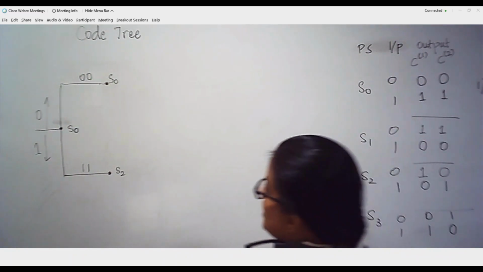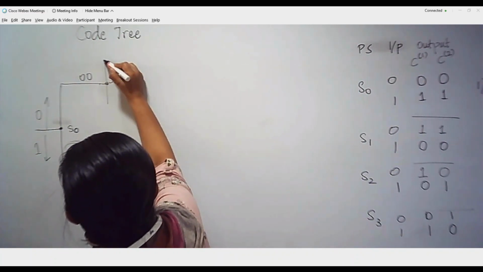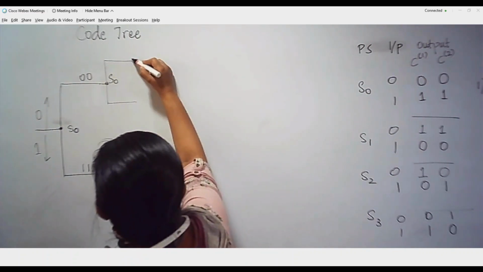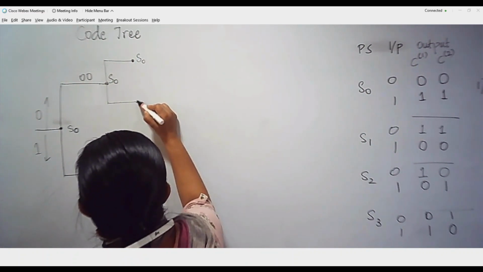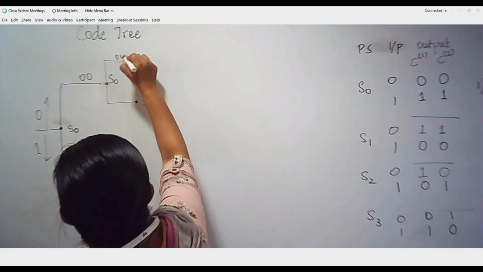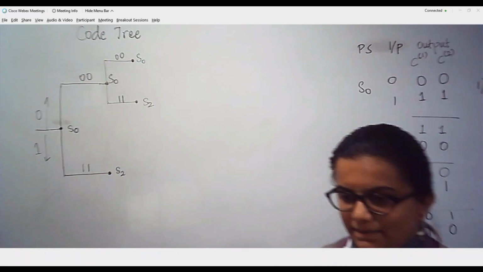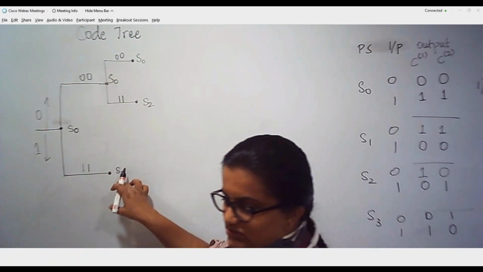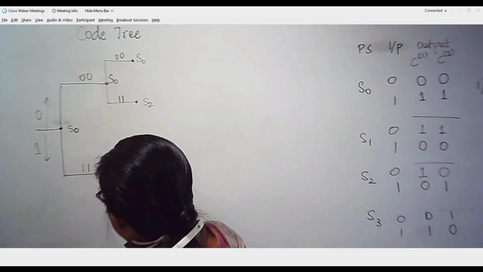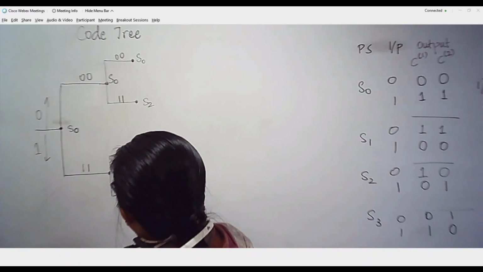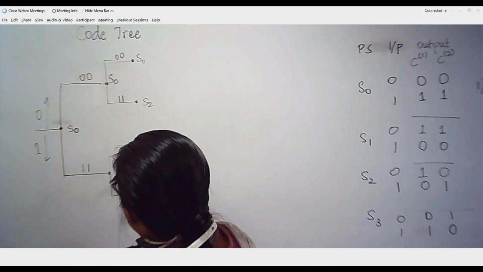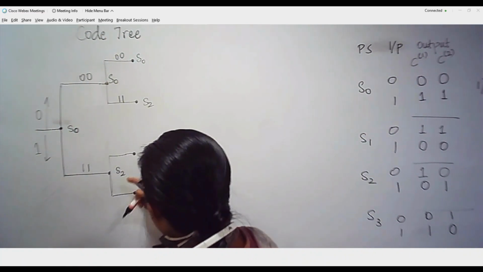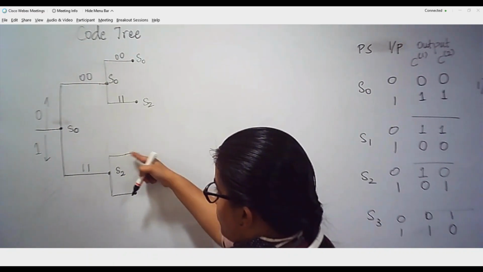Okay. Next, again the two possibilities here are, the next input could be 0 and a 1. Again it will go to S0 or S2 state with the outputs 0, 0, 1, 1. Coming to this, here also the possible two inputs are 0 and a 1. Currently I am present in the state called S2. So if I give an input of 0, to which state will it go? From S2, if the input is 0, what is the next state?